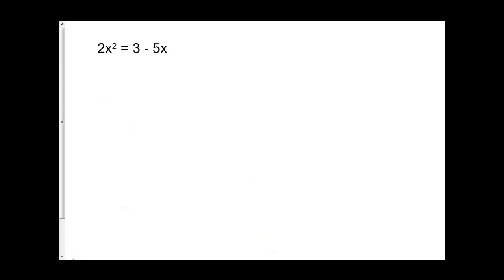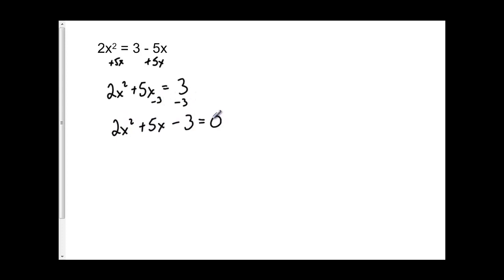Finally, here's an equation that is not equal to 0. I can still solve this equation. I just have to take everything that's on one of the sides of the equation and move it over to make the equation equal to 0. So I'm going to add 5x to both sides, and I get 2x squared plus 5x equals 3. Now I'm going to subtract 3 to make that side equal to 0, and I've got 2x squared plus 5x